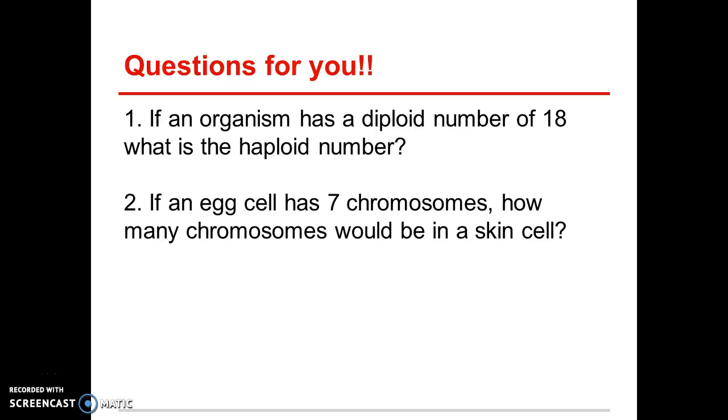So number 2, if an egg cell has 7 chromosomes for a species, how many chromosomes would a skin cell have for that organism? So remember, eggs are haploid. They have half the chromosomes. So if the egg has 7,